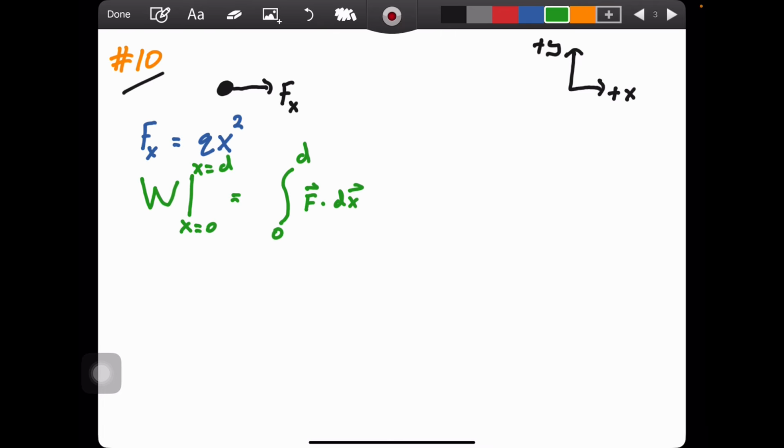And so before I get any further, if I've got a dot product between two vectors,